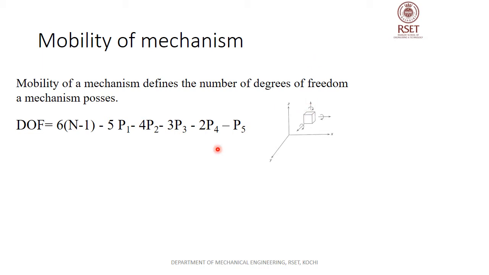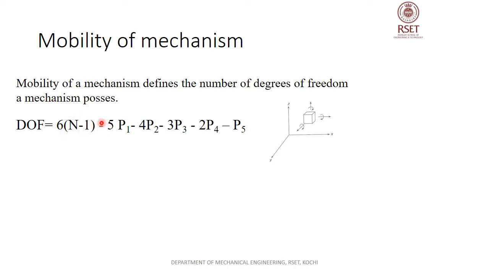and that will give the final degree of freedom of the whole mechanism. So this equation, degree of freedom equals 6 into (n minus 1) minus 5p1 minus 4p2 minus 3p3 minus 2p4 minus p5, can be used to find the degree of freedom of a spatial mechanism. The first term, 6 into (n minus 1), gives the total number of degrees of freedom possible for the links, that is, the sum total if we consider 6 motions for each link in three mutually perpendicular axes. The n minus 1 represents the number of movable links.